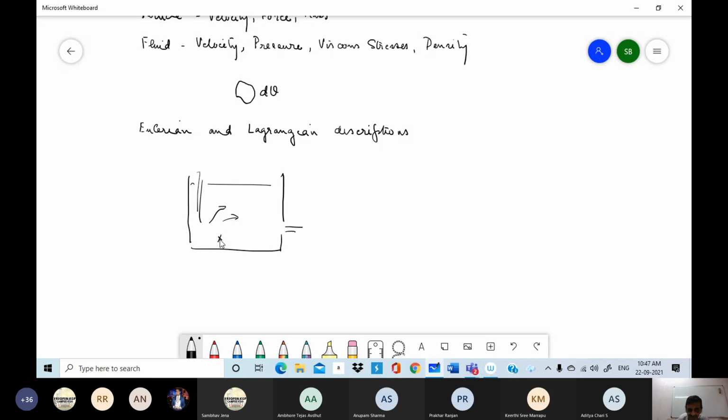So that is known as the Eulerian description. So I know rho as a function of this, P as a function of